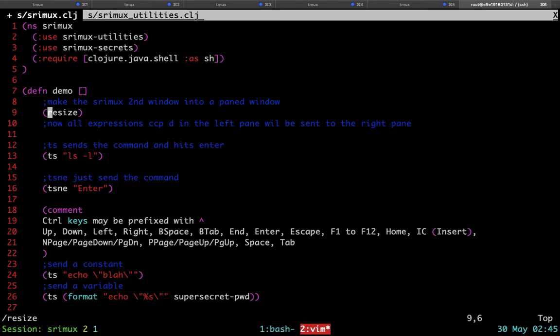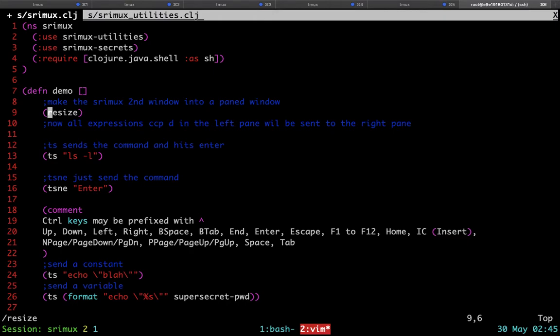All that matters is you navigate to the start of any S expression and just eval it. Since Tmux 2 is the current window, hitting the CPP now from this place should execute the resize expression that we just saw, splitting the screen into two as a side effect.